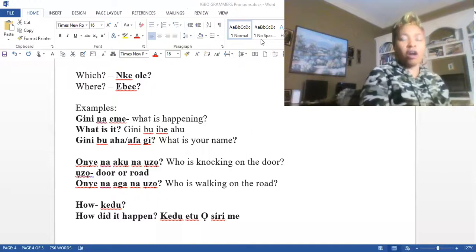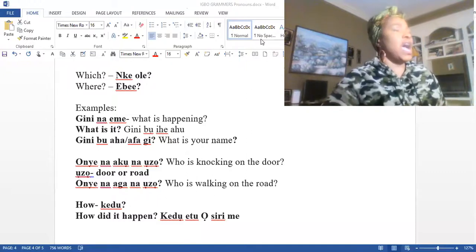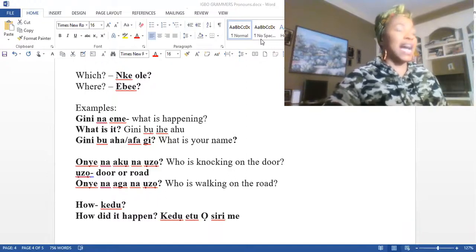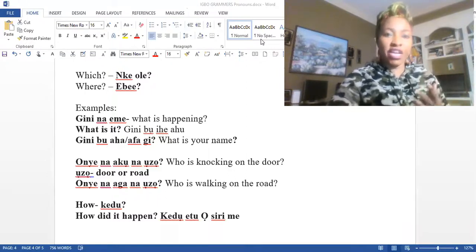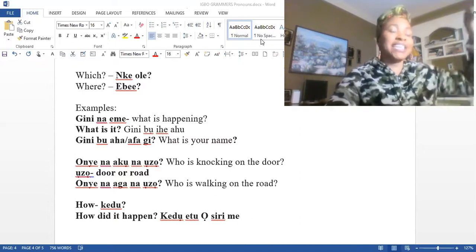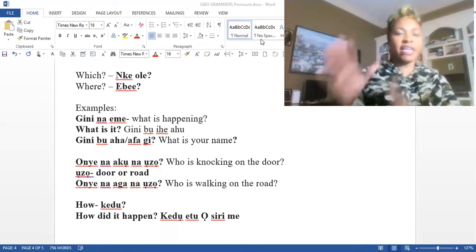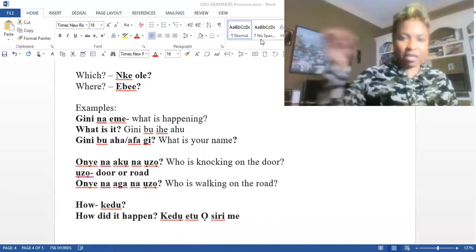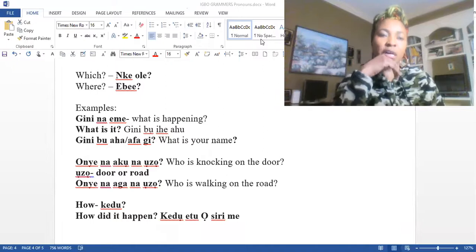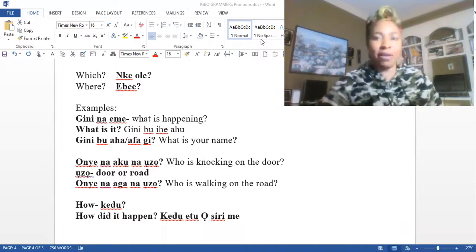And now o is when you're trying to say Nnena, or Obinna, or this cat or this dog. It's like he, she, it. Nabia, he is coming, or she is coming, or it is coming. So o is he, she, it. Ya is his, hers, and its. Okay. You got it? Okay, thank you, darling.